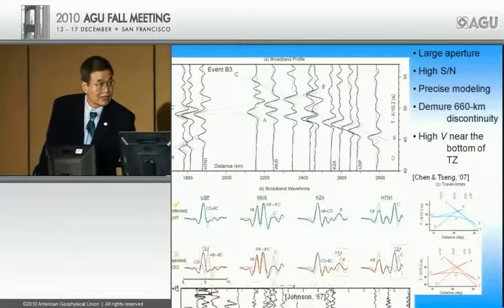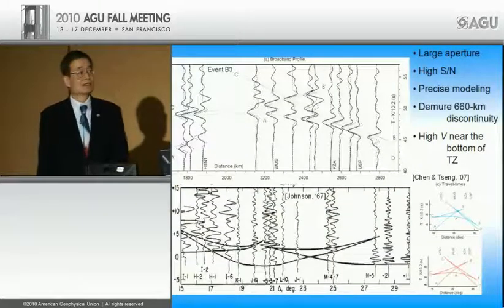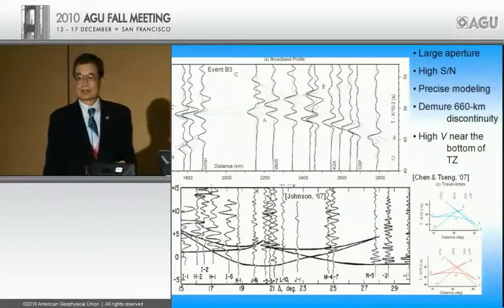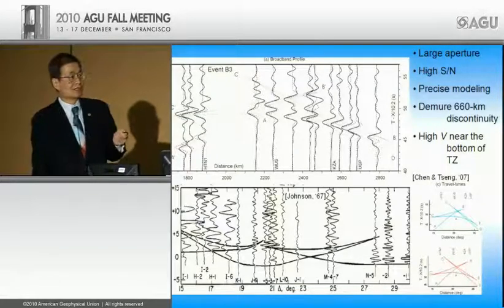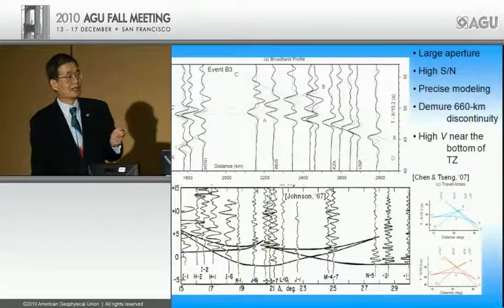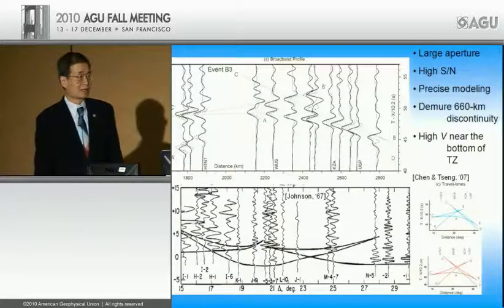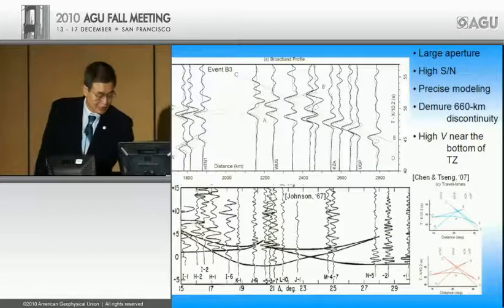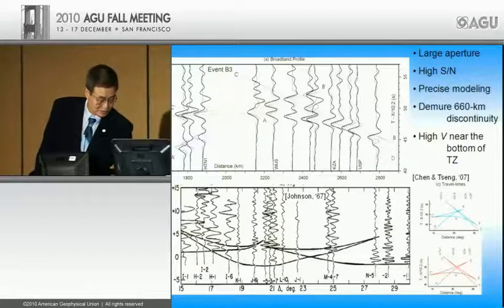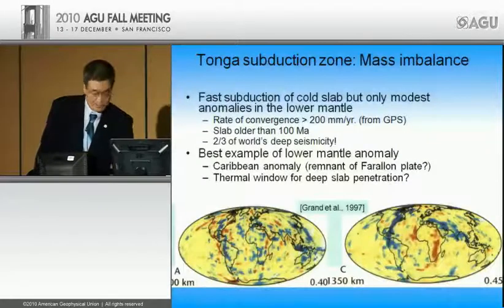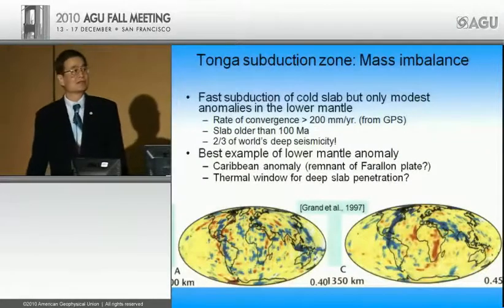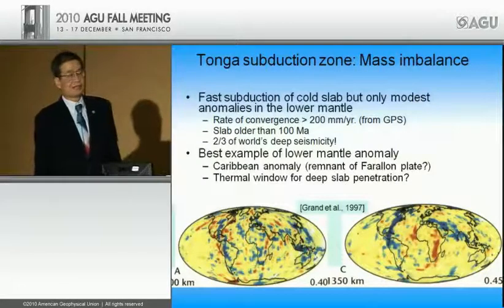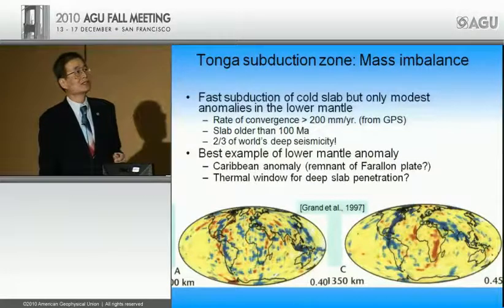Well, it would be fun to look at the kind of data that Lane Johnson had 40 years ago when he first discovered this discontinuity. He had the same idea, the bow ties, but this is the data that he had to work with. And now we have just much better data and over much broader bandwidth. So let's move on to the first field area, or natural laboratory here.